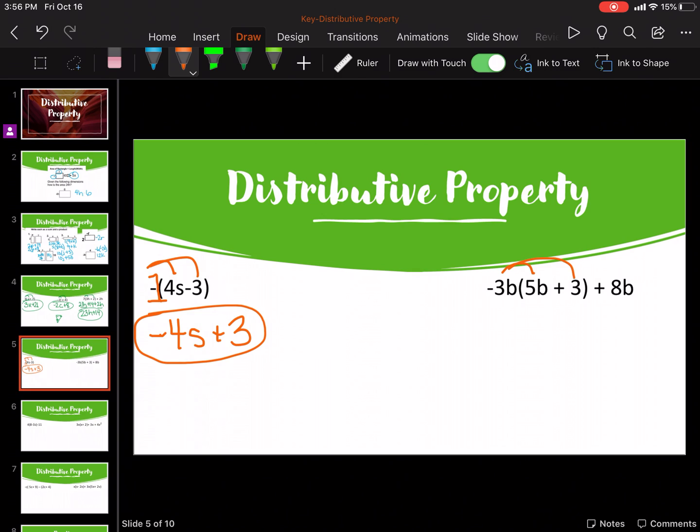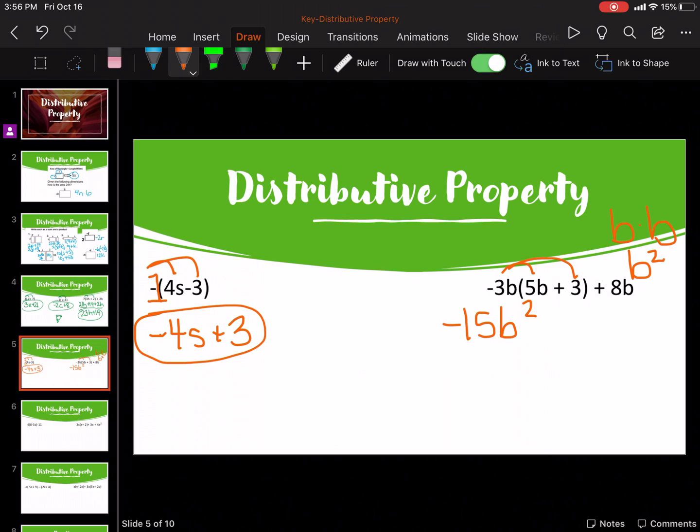So we're going to distribute this to both parts, and then we're going to combine it with that 8b. So negative 3b times 5b is going to be negative 15b squared. Let's talk about that. You've got the negative 3 times 5 is 15. But then think about it. It's b times b, which is going to be b squared. Then negative 3b times 3 is going to be negative